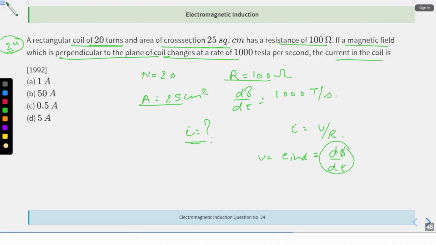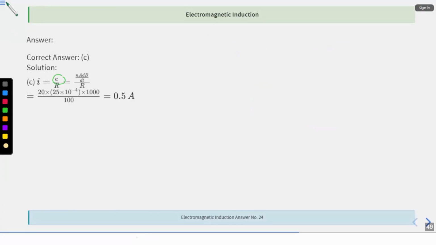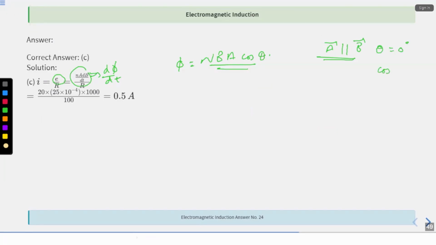Okay, so let's see. I is given by E by R, and E is given by d phi by dt, where phi is nothing but N B A cos theta. Since it is perpendicular, the area vector and B would be parallel to each other, because the area vector is perpendicular to the geometry. Since both are parallel, theta would be 0 degrees, and cos 0 would be